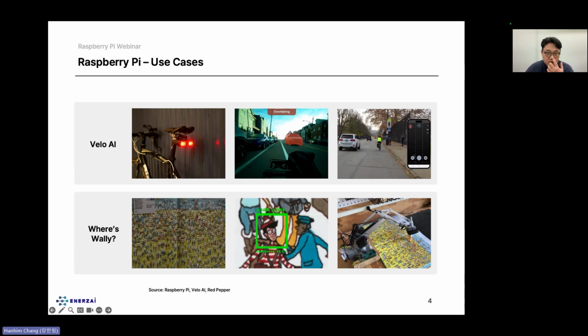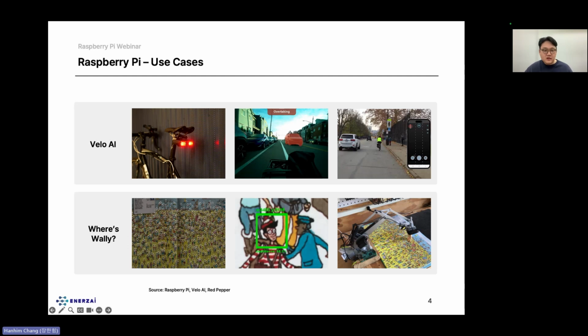Another project which I really enjoyed was finding Wally by integrating computer vision technology into Raspberry Pi. Obviously it's a toy project, which was led by a marketing firm called Red Pepper. They trained a classification model with Wally's dataset, as you can see in this picture, and deployed the model on a Raspberry Pi board, which was connected to a robot arm and camera. Once the Raspberry Pi powered robot classified Wally among the crowd, it instantly pointed at Wally with its robot arm, which made countless 5-year-olds lose their jobs.